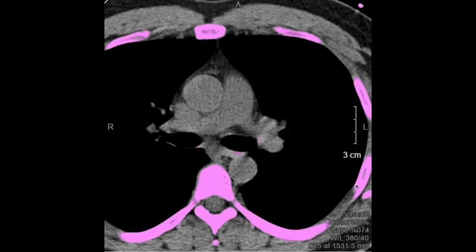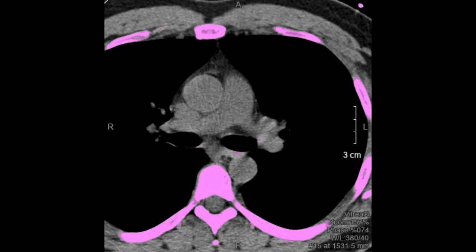So obviously the ribs go all the way around and connect to the vertebrae. This is my spinal cord, which looks pretty cool right there, and this is a spinous process, or basically the spine of your back. Okay? So, as we scroll down, the two main arteries that we're going to see first are the left coronary